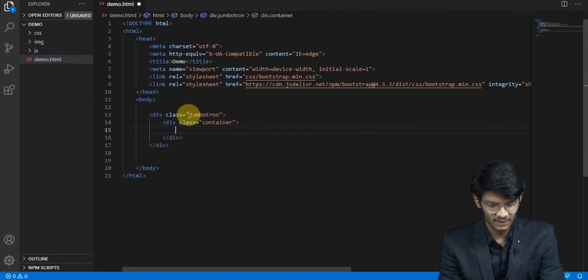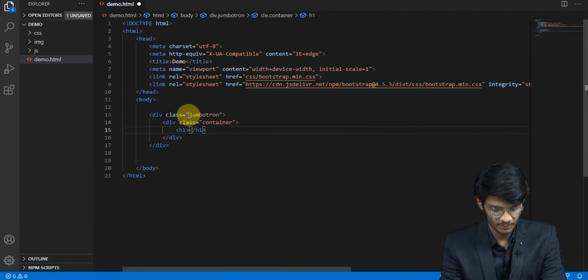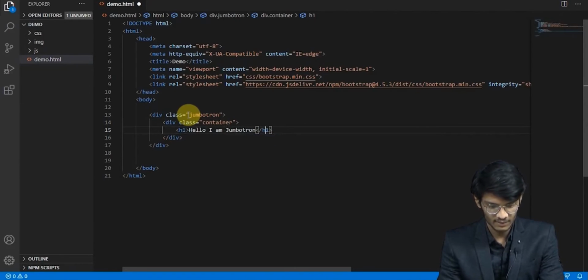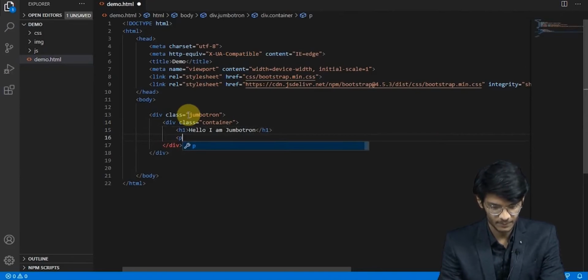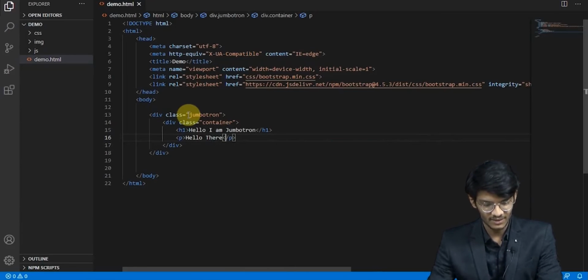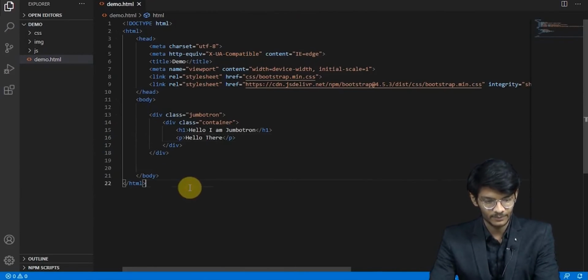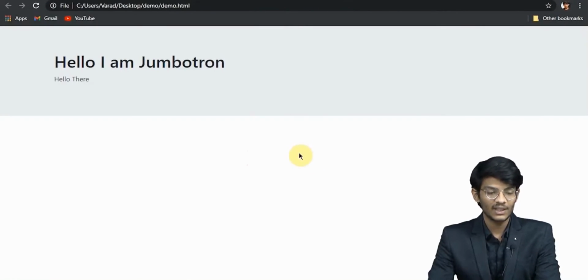And let's just see some examples of H1, as well as a p tag. Let's save it and let's see it in our browser. Well, can you see that particular background color when I just give the class Jumbotron?